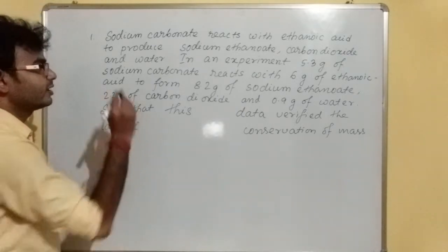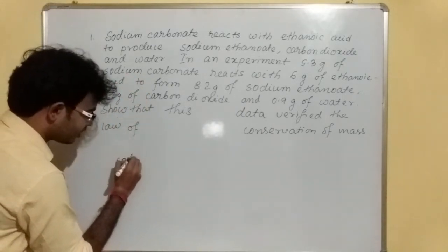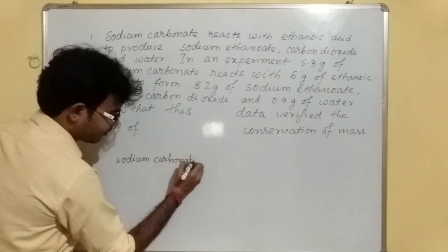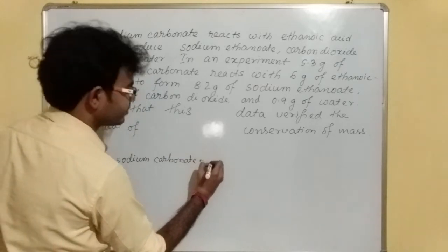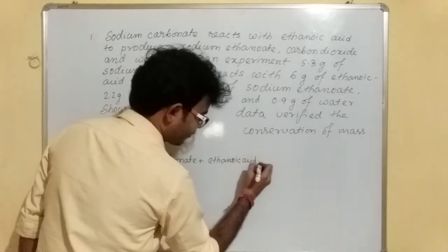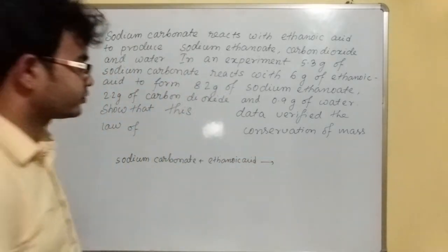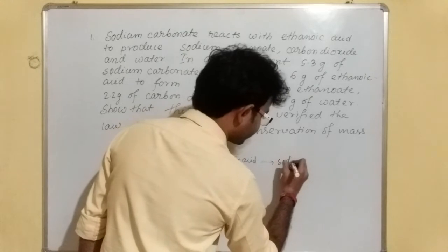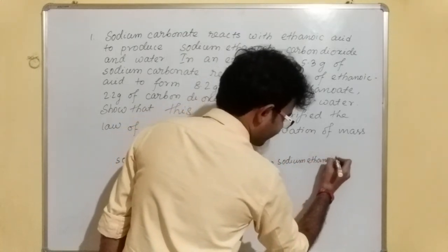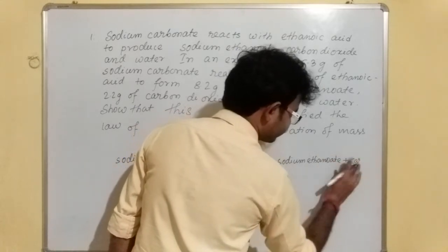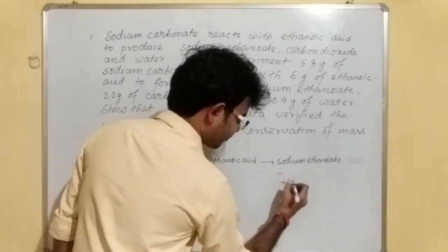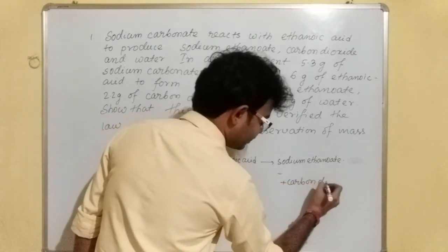So what is given here? That is sodium carbonate. It reacts with ethanoic acid to produce what? It will produce sodium ethanoate plus, I am writing here, carbon dioxide